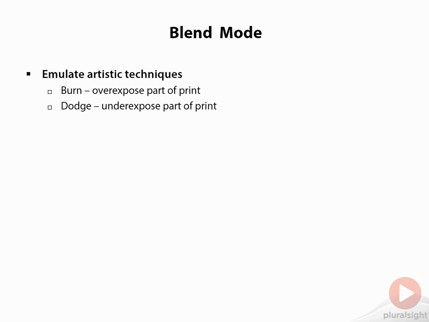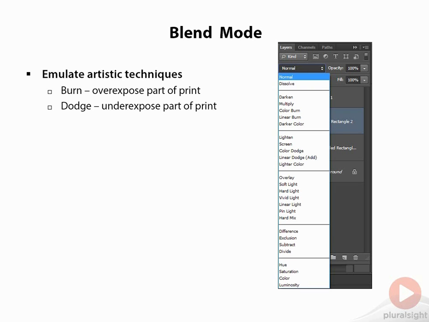Mode is short for blend mode. A layer is blended with the layers beneath it. Most of the blend modes are named after photographic or artistic techniques for manipulating colors that they try to emulate. For example, burn and dodge refer to techniques that are used in film-based, that is not digital, photographic printmaking, where